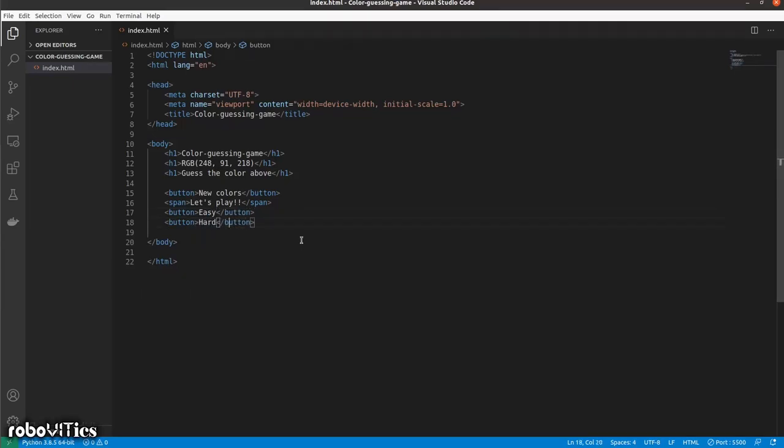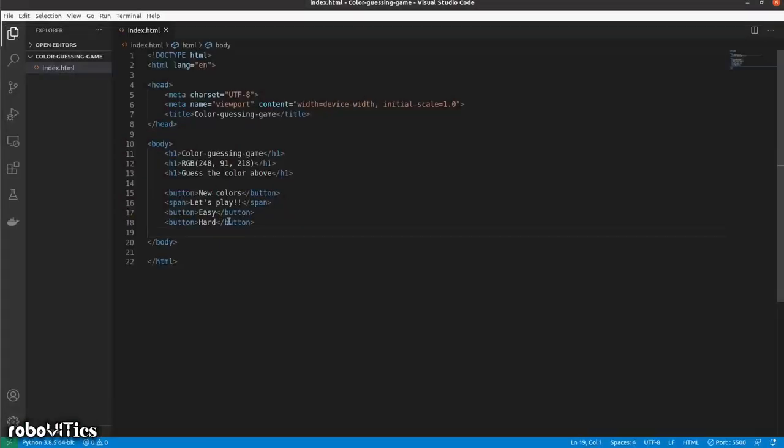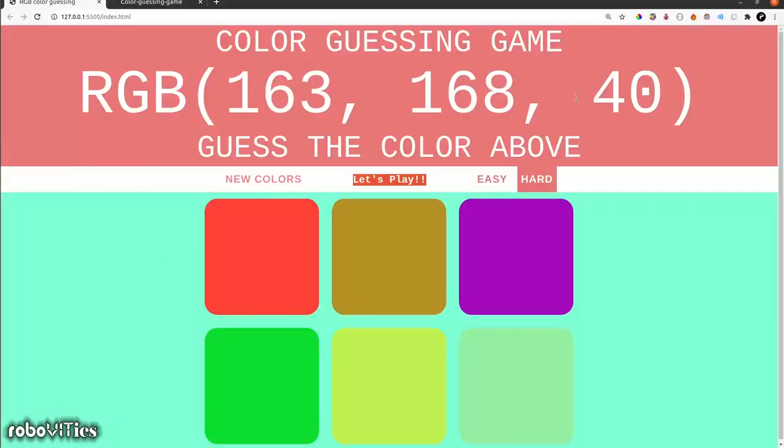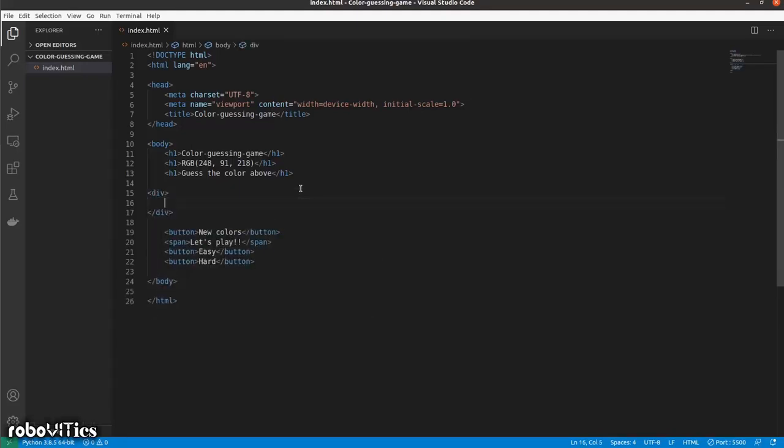Finally, after this we have these boxes that we have to make. But if you notice, stuff is getting a little weird, right? There is this part, there's this part, but I'm just separating them by spaces. How does the document know that this is a different part, this is a different section, and this is a different section? For that, we're going to use something called a div tag. It basically helps us containerize stuff. So I'm going to write div, and inside that I'm going to put this part of my code. Now you'll see what change happens.